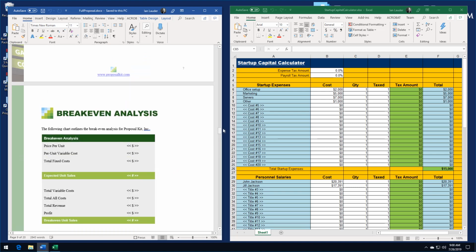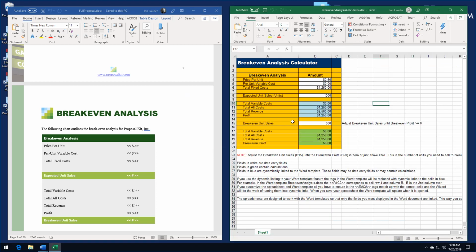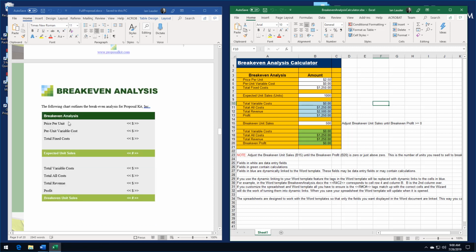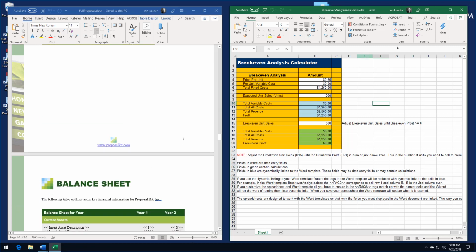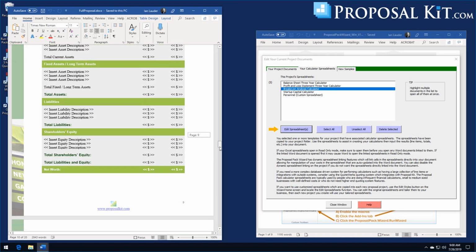Same thing for like break-even analysis. You can see this calculator here matches the lines in cells here, and so on. So once you've finished editing this document,